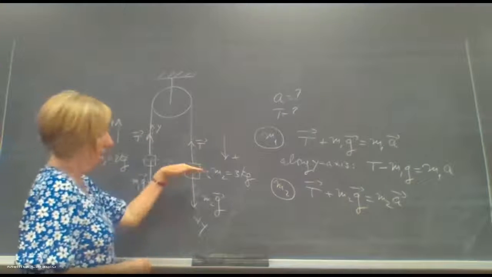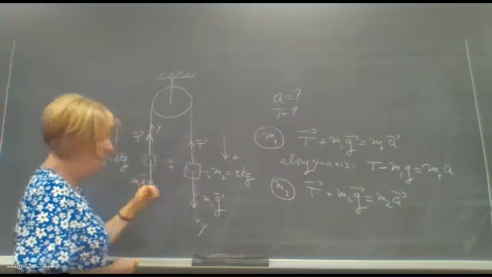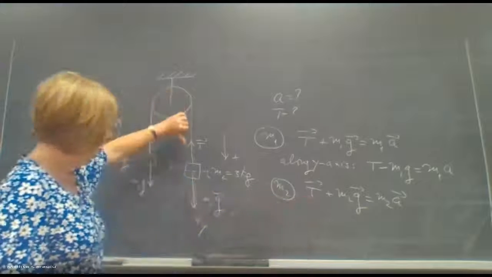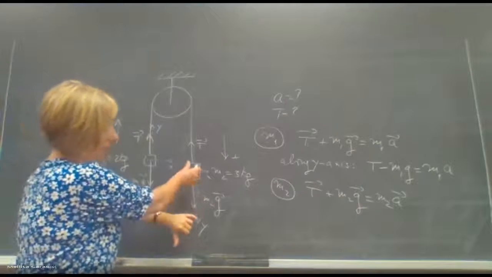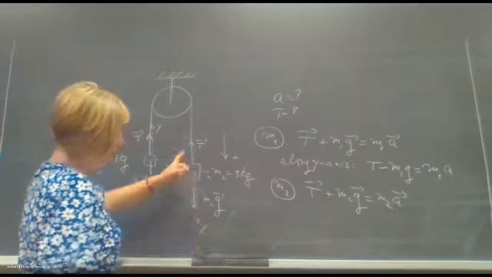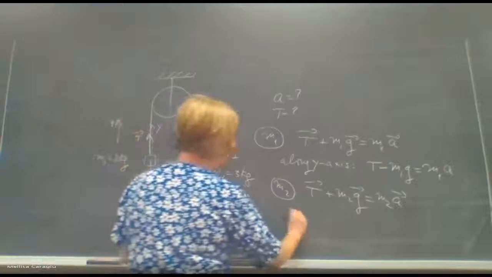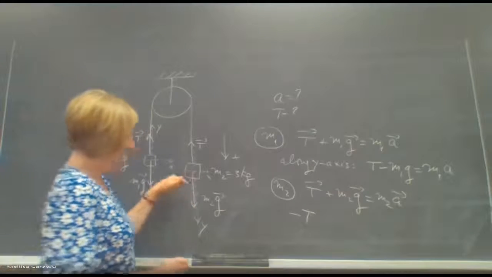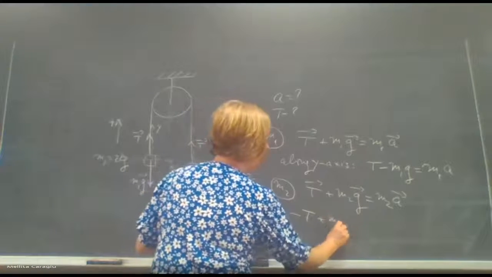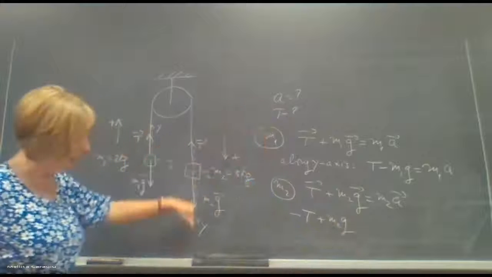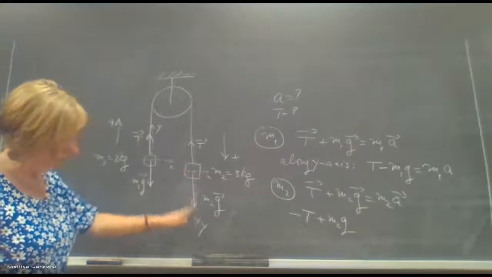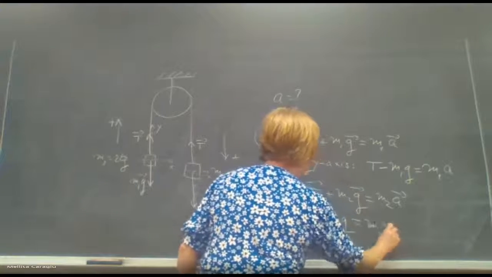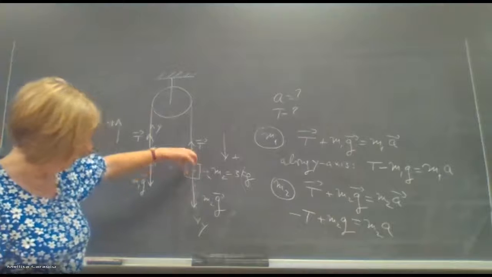It doesn't matter in this particular case. Therefore, when I take projections of T along y, now its component is going to be negative T because it points in the negative y direction. M2G, its component along the y-axis is itself and with plus, equals M2 times,